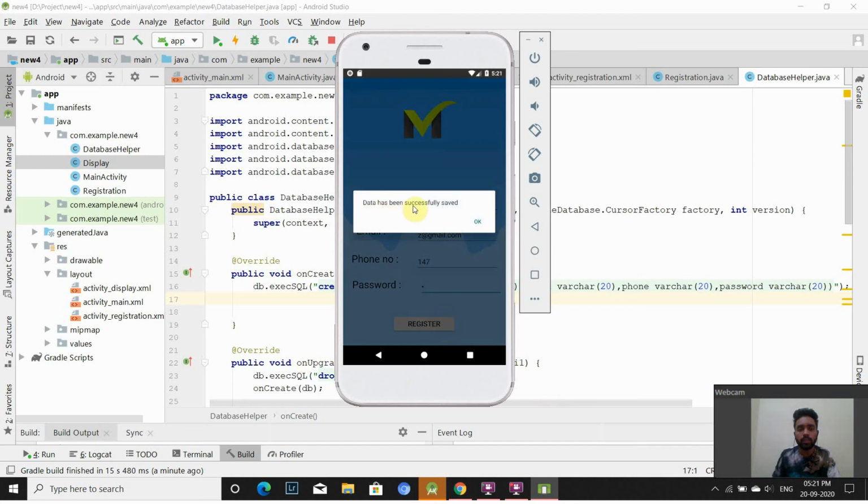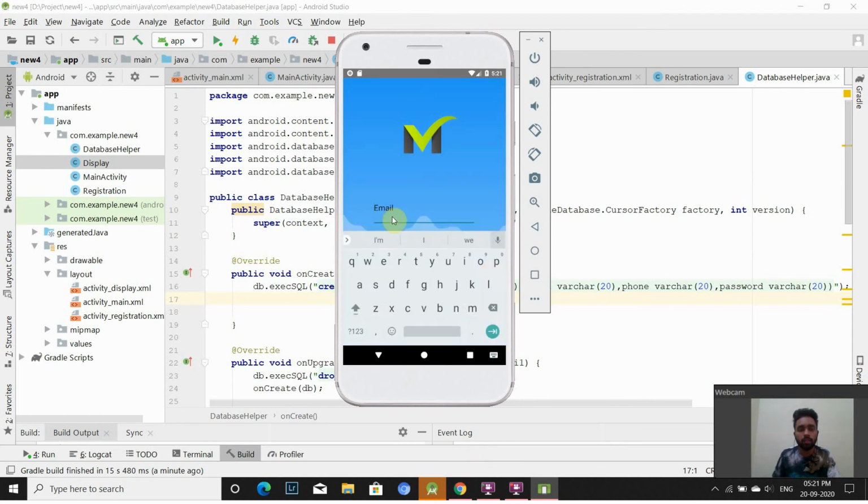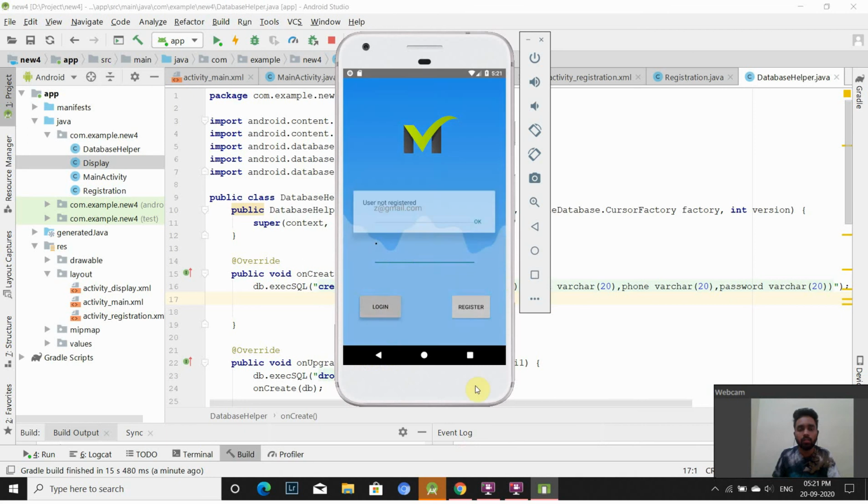It is telling data has been successfully saved. Let's press OK. Now we'll give email z@gmail.com, and then instead of putting Z as the password we'll put Q. Now we'll try to log in.